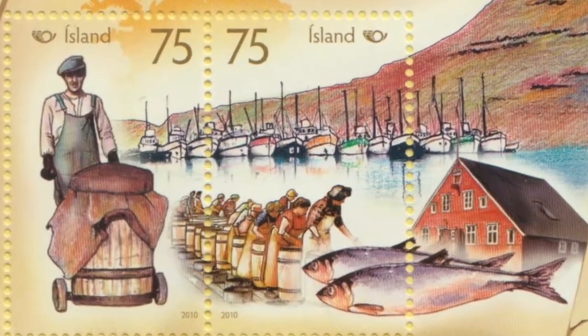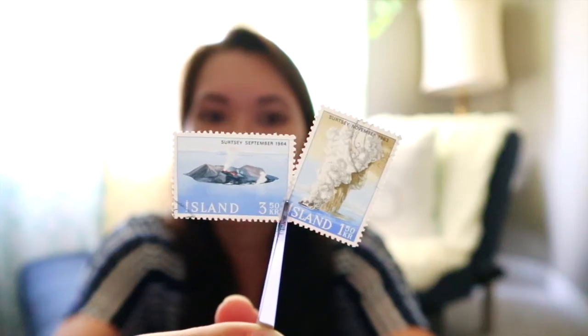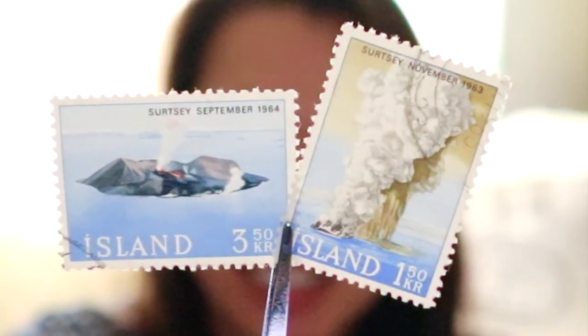Here are some other stamps highlighting Iceland's herring adventure, including the traditional herring salting process, herring girls, and the herring festival. The next stamps that I want to look at show a smoking volcano coming out of the water. These are part of a set of 3 stamps issued in 1965 commemorating the creation of the island of Surtsey,